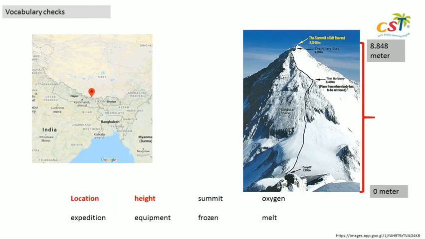Alright, that's all about the grammar review. Now let me continue with vocabularies from reading section. Picture on the left is location atau lokasi, and picture on the right is height. Can you say together with me? Height atau ketinggian. We use height untuk mengukur ketinggian gunung atau gedung yang tinggi. Tapi kalau untuk manusia, tinggi manusia, we use tall.